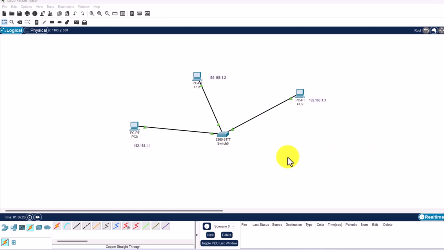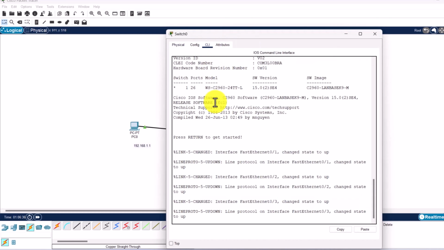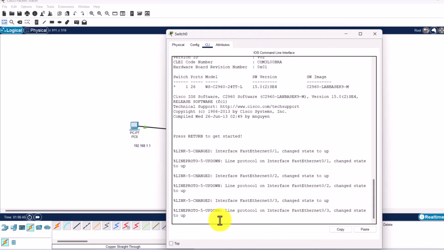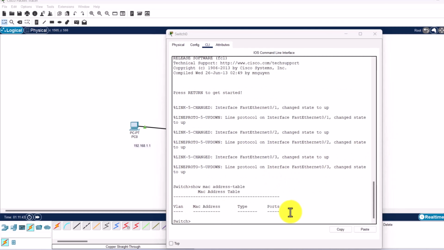And here is how you can view the MAC address table on a switch in Cisco Packet Tracer. Click on the switch, then click here at the top navigation on CLI, and this command line interface will open up. Press enter, and once you press enter, you will see the switch prompt. And here let's type in a command: show mac address-table, and hit enter. And here you can see that this table is currently empty,